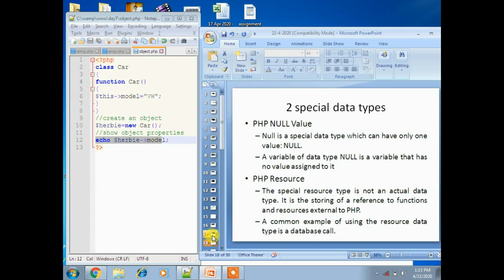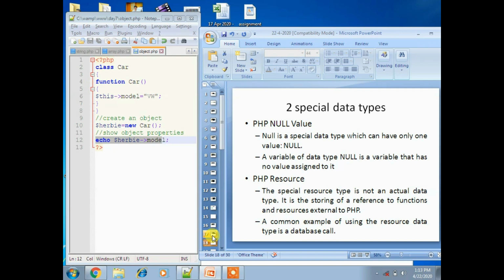A variable of data type null is a variable that has no value assigned. If a variable is created without a value, it is automatically assigned a value of null. Variables can also be emptied by setting the value to null.